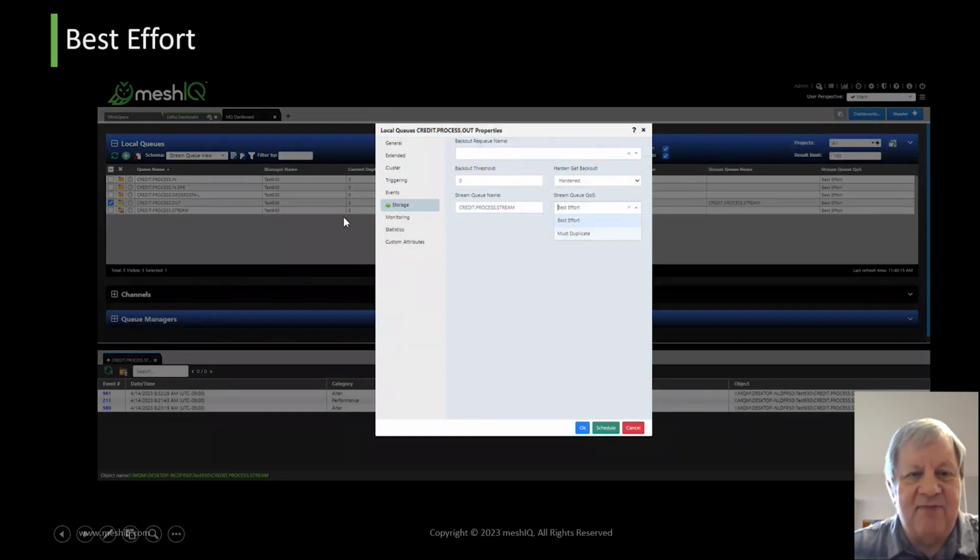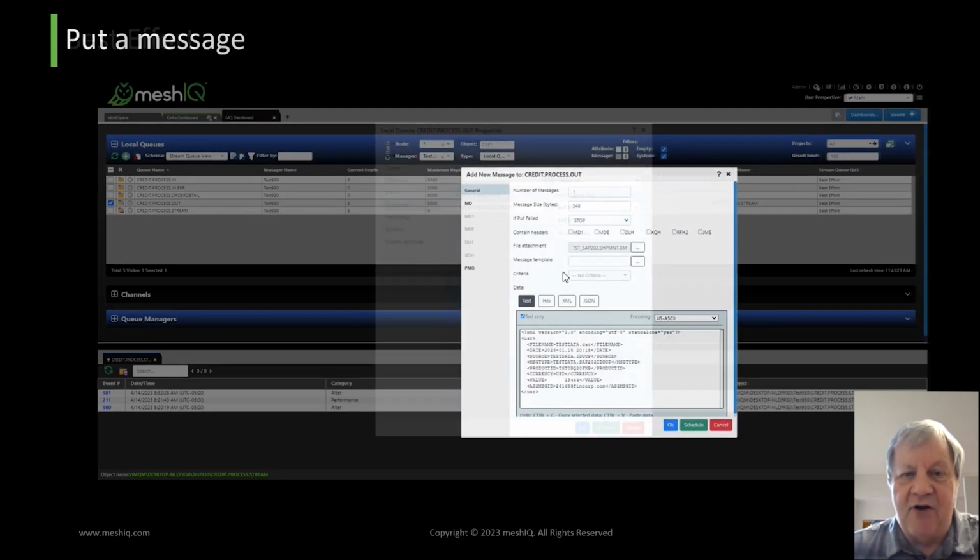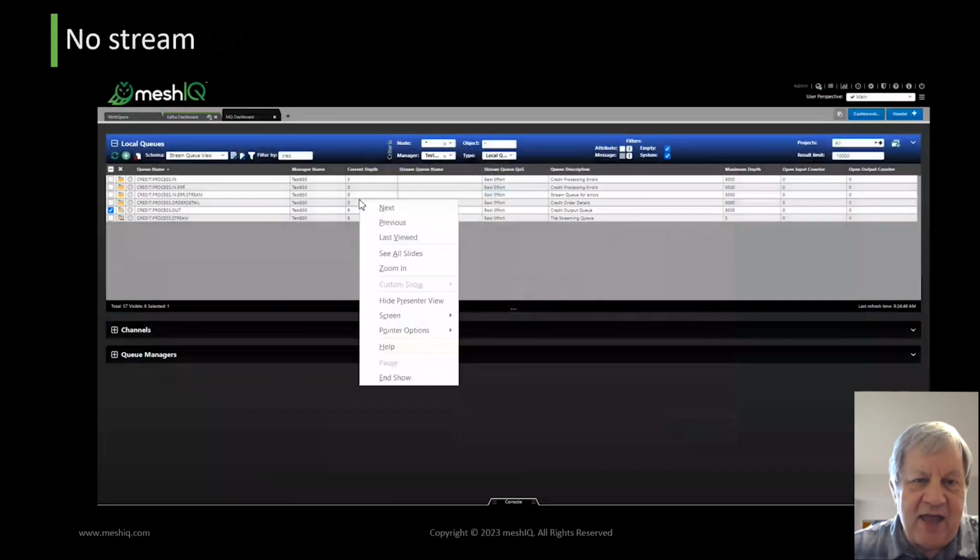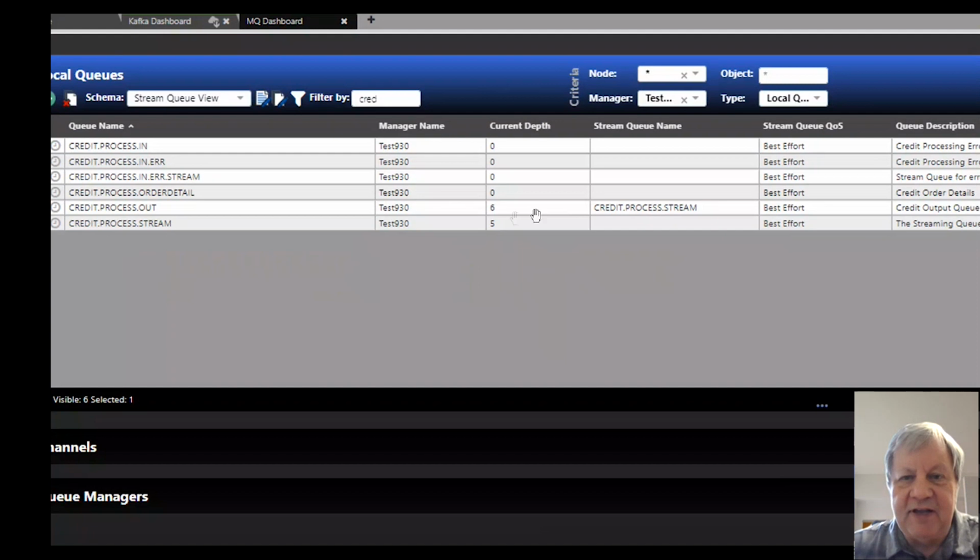This queue, for whatever reason, only has a max depth of 5. By setting it to best effort, I'm telling the queue manager, if it can't complete this exercise, what does it need to do? So I'm going to put this message. And you'll notice that in this particular case this queue now had 6 messages. Before I did it, there were 5 in both.